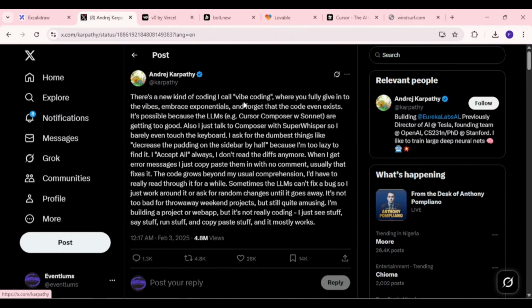where he posted about this. A lot of people believe the word vibe coding originates from this post he made on February 3, 2025, where he mentions how he uses large language models, the likes of Cursor, Composer, and Sonnet, and barely even touches the keyboard. You can see he barely even touched the keyboard. I ask the dumbest things like decrease the padding on the sidebar, and accept always. He used to click on accept always, and this is what he made the post about: random changes until it goes away, and if you have a bug,